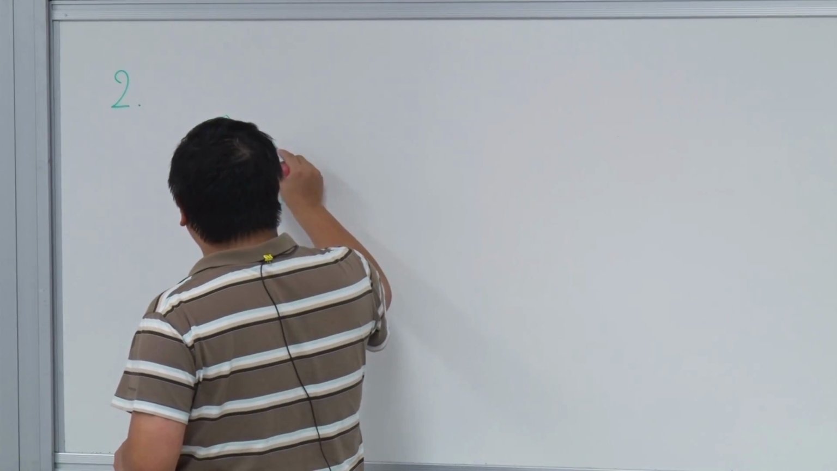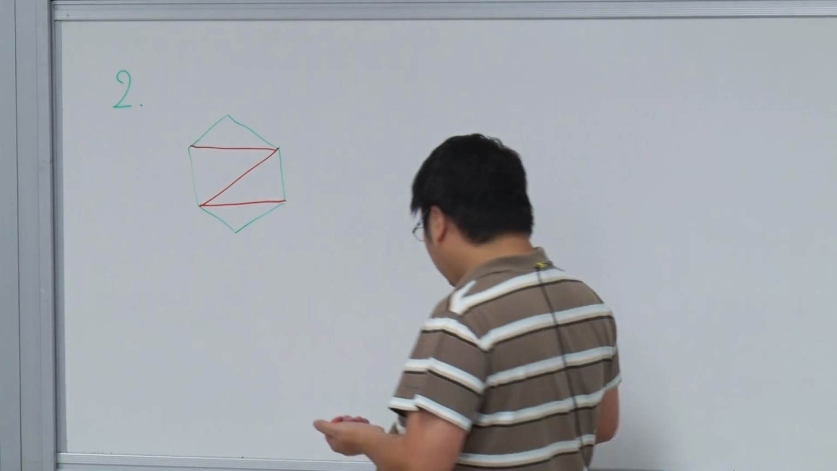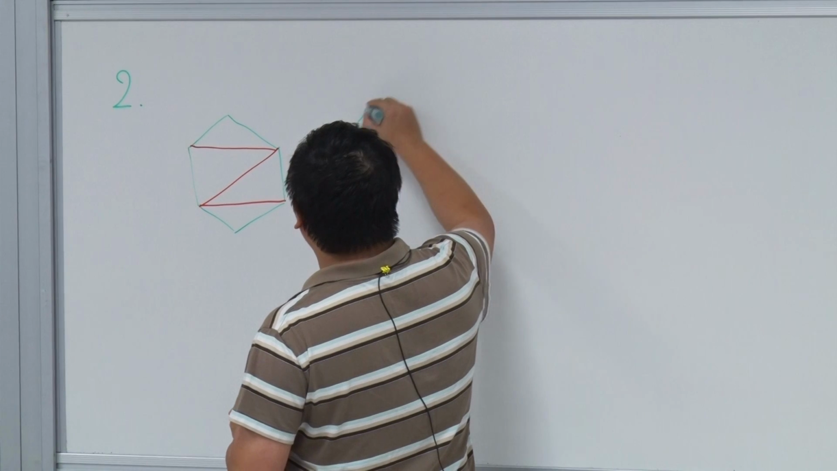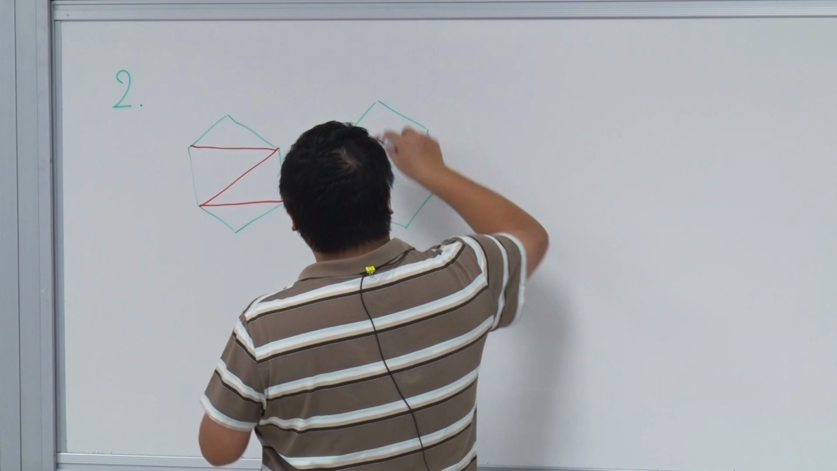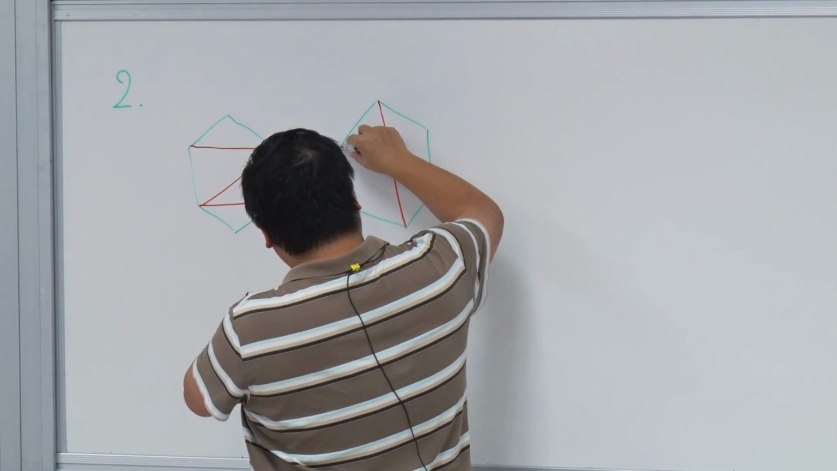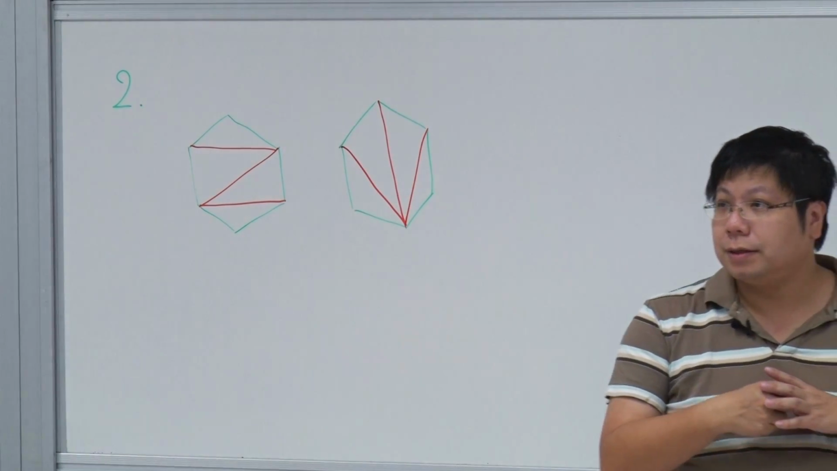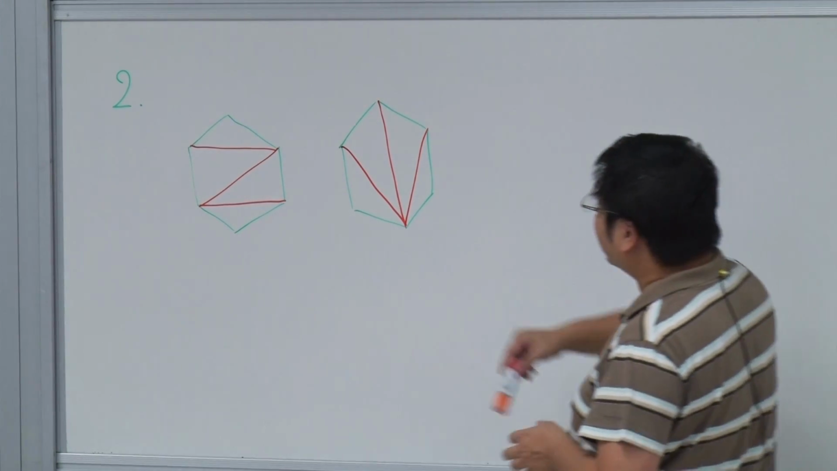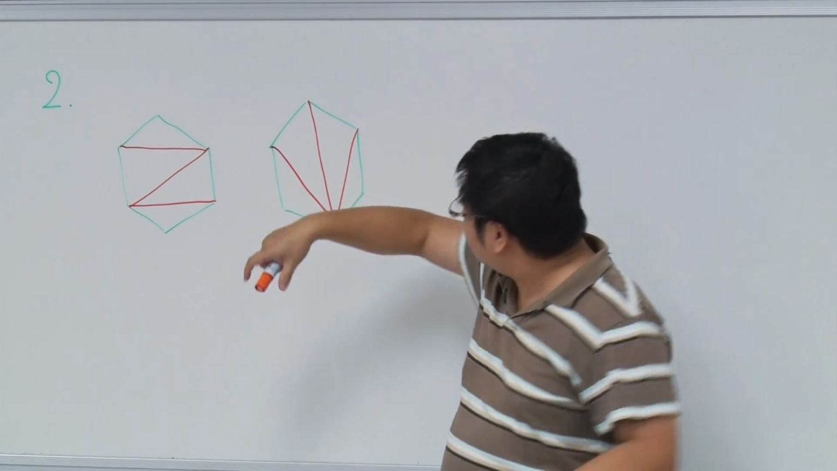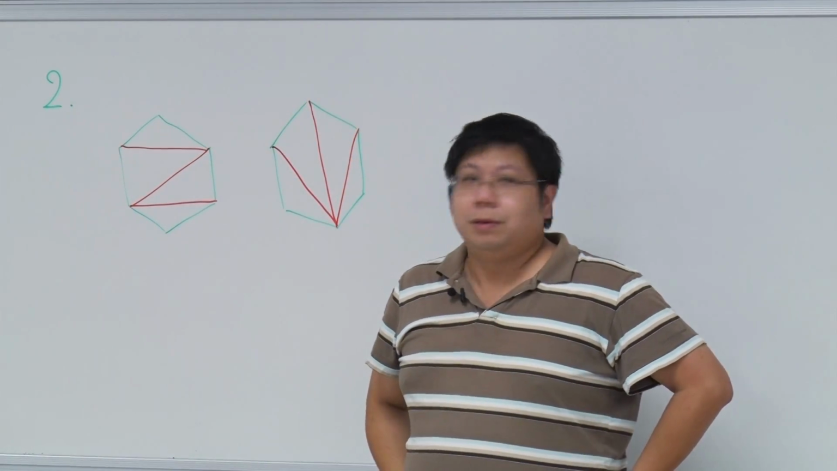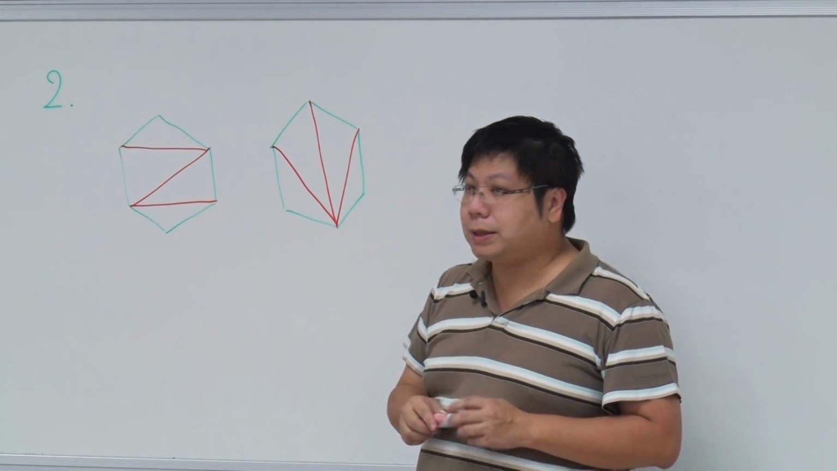Maybe the triangulation is like this. This is one possible triangulation, or we can have a different triangulation. Maybe this could be another one. Is that okay? So suppose that the diagonals are in orange and the outermost sides are in green. We want to show that no matter what kind of triangulation you make, there is always at least